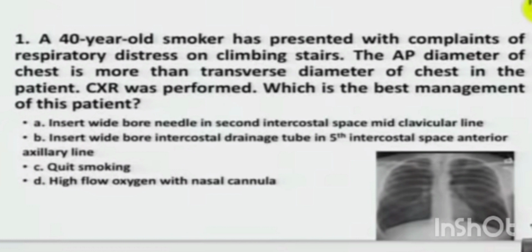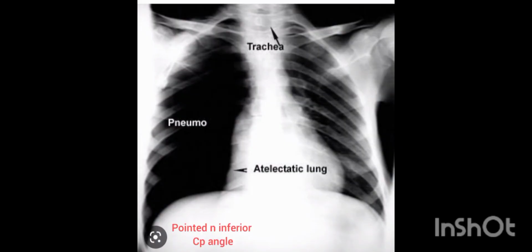But by looking at the X-ray, students can be confused between pneumothorax and COPD. Let's discuss the X-ray findings which we see in pneumothorax. In pneumothorax, whether it is tension pneumothorax or spontaneous pneumothorax, you would see a deep sulcus sign on the affected side, meaning the costophrenic angle on one side will be inferiorly located compared with the opposite side, and it is